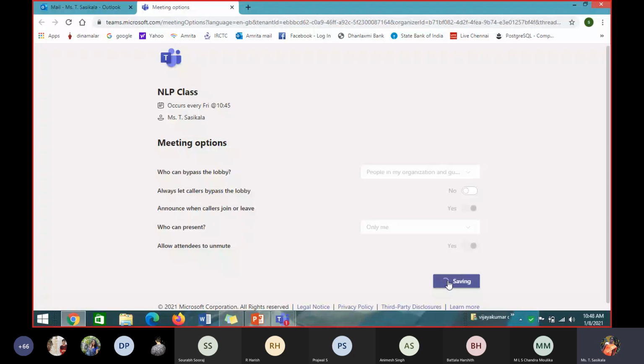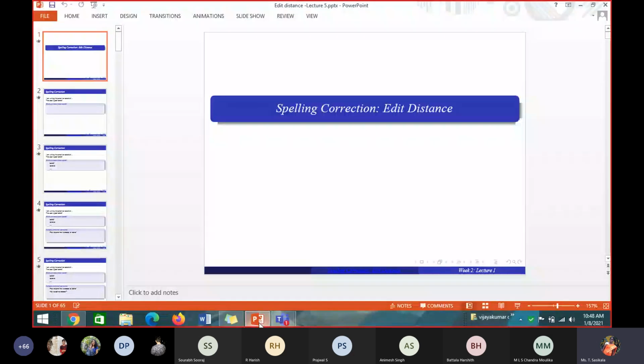So if you type a wrong spelling for a word, it will find out all the words closest to the given word. It will find the distance between the wrong word you have typed and all the other relevant words, and whichever word has the lowest distance is the closest, and the wrong word can be replaced by that closest-distance word. So that is also one pre-processing technique. If you type a wrong word, how do you find the equivalent new word for it? That we call spelling correction.